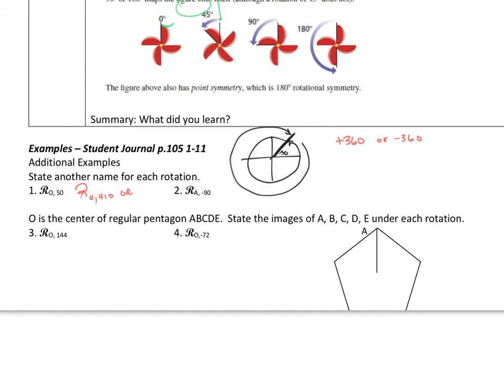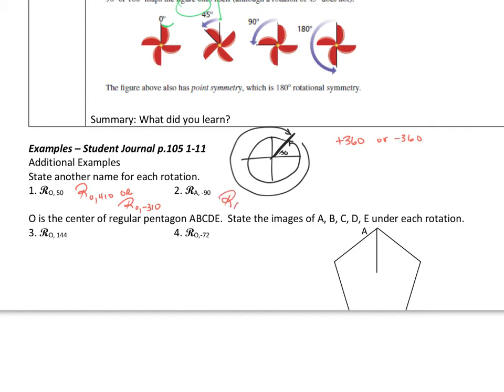Or I could say a rotation about the origin. If I subtract 360, this would be negative 310. So either way would work, okay? Either way would work. On this one, a rotation about point A, negative 90, we would still say a rotation